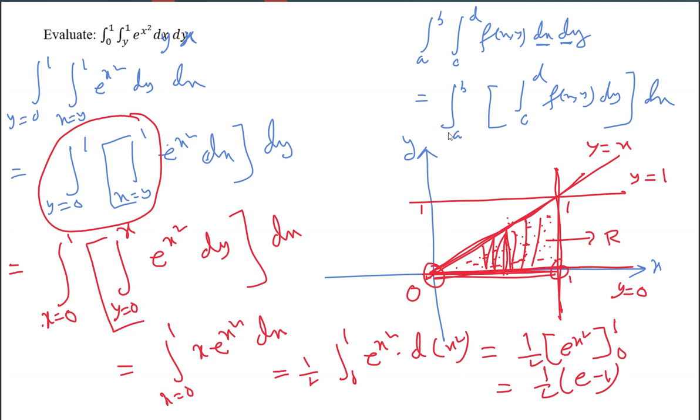Sir, I have one doubt. The first part of the question, why was dx dy changed to dy dx? Is there anything related to the order? Actually, you see the first integration, suppose dy dx is given, that means this limit range is with respect to y, and then dx, this limit range is with respect to x. This is the format, right?